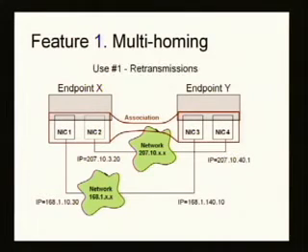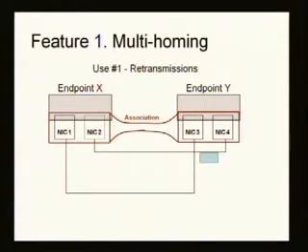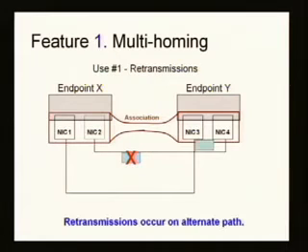Say you're sending some data upon one of the paths. We're sending the data across, and for whatever reason, that data is dropped. In SCTP, alternative paths are used for retransmission. In other words, retransmissions are sent on the alternative path. So that's more for a one-off sort of error. Let's say that maybe we'll have a more catastrophic error in the network, not just a packet dropped here or there.